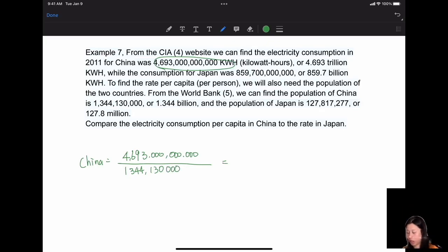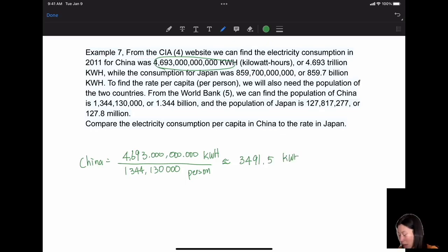So when you use a calculator, you will get approximately, okay, this is kilowatt hours and this is per capita, per person. So you will get approximately 3,491.5